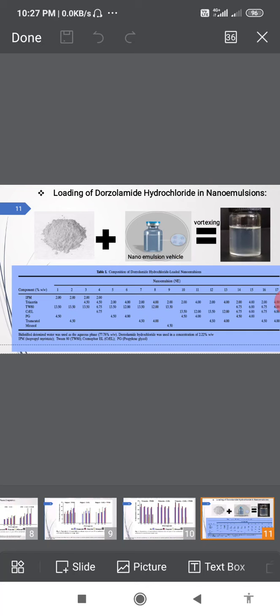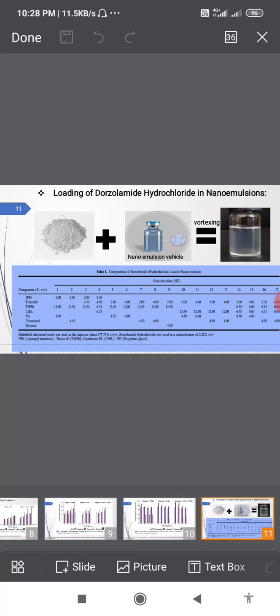Next, loading of nanoemulsion, nanoemulsion of dorzolamide hydrochloride. For the loading, we prepared 17 vehicles, as we can see their formulation in a table. In these 17 vehicles, we